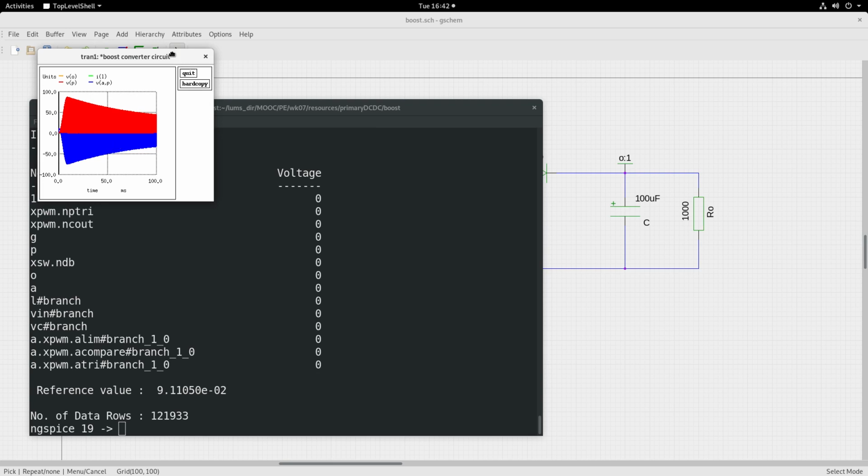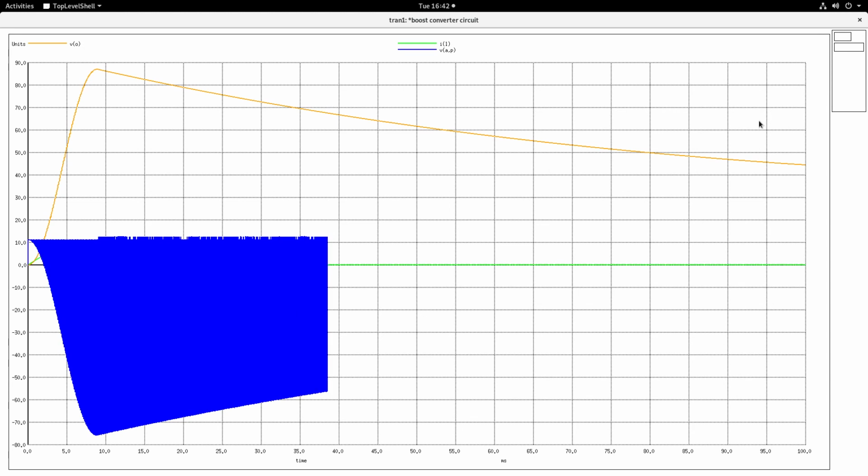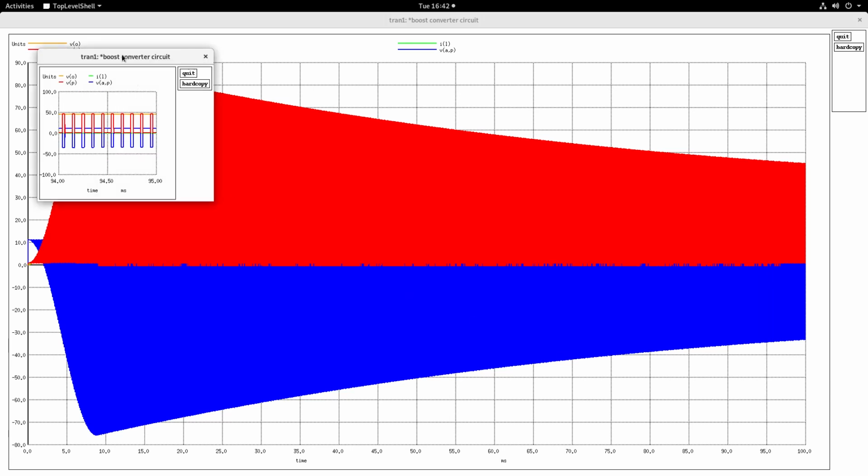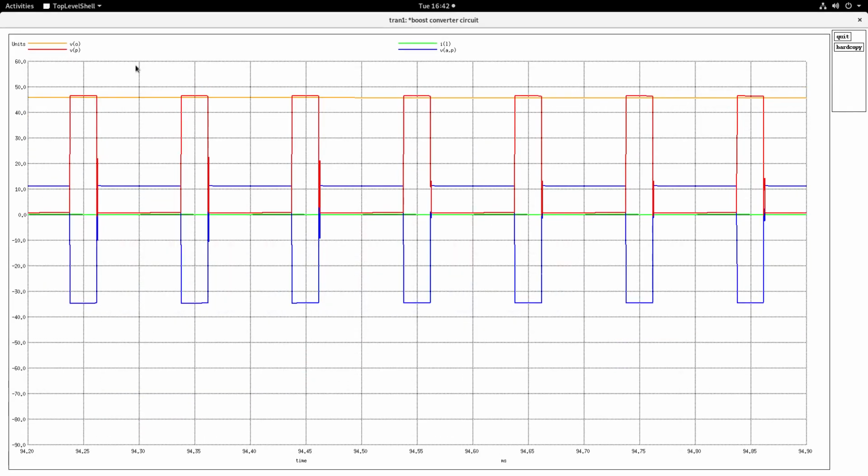So what you could do is right click near the steady state. This has still not reached the steady state, but anyway you can observe. So take a small portion out of that, then you will be able to see it much better.